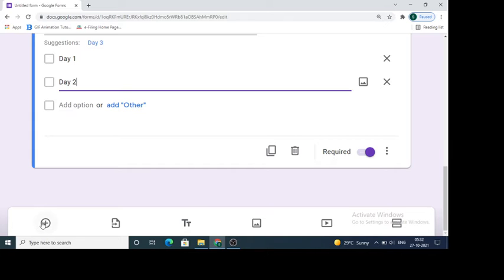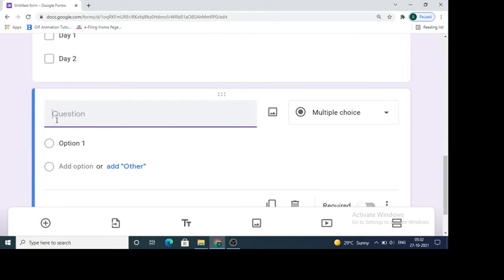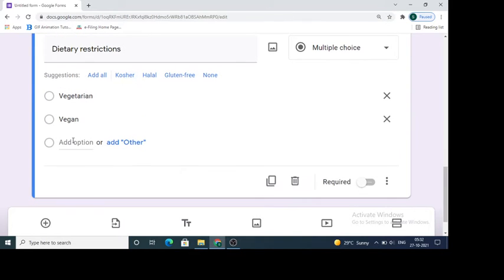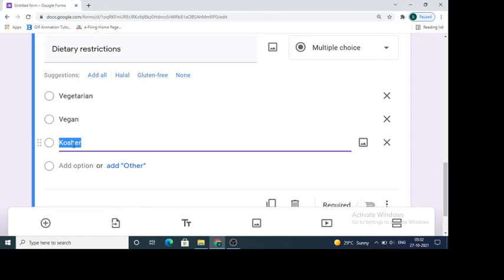dietary restrictions. What type of food will be preferred? Dietary restrictions. So you want to know about dietary restrictions. So we will consider vegetarian, then we will consider vegan, and we will consider non-vegetarian.